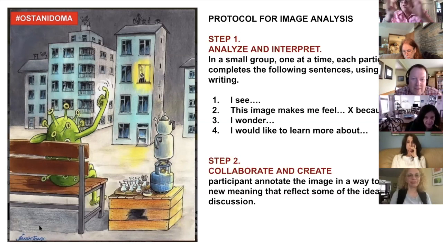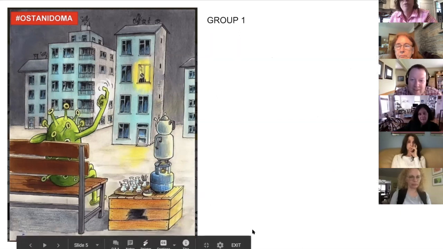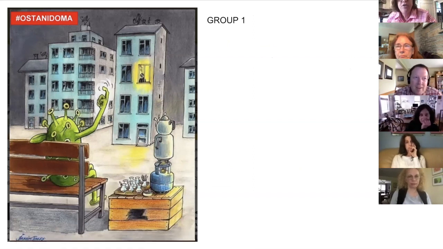So first you'll spend some minutes letting each participant interpret and analyze the picture. Then you will annotate the image in some way to give new meaning that reflects some of the ideas. So there's group 1, you have a kind of blank page. We're using the